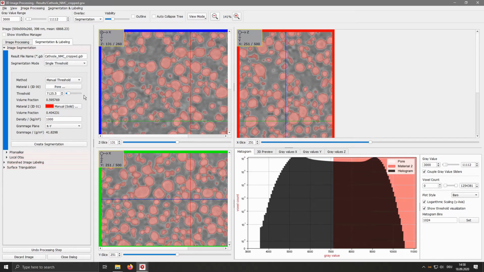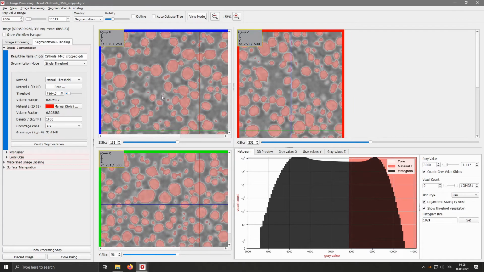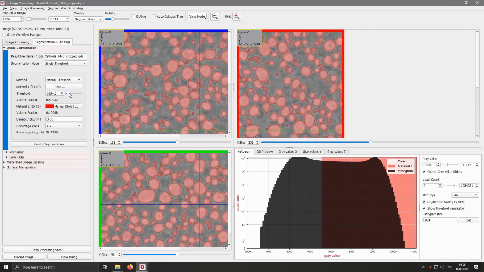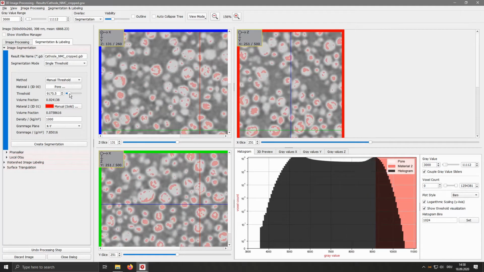You can change the threshold by pulling on the slider. By increasing it, you can see the grains get a bit smaller and they also disconnect. By decreasing it, you see the grains getting bigger and they are also more connected. If we go with the value very high, you'll see the grains falling apart.